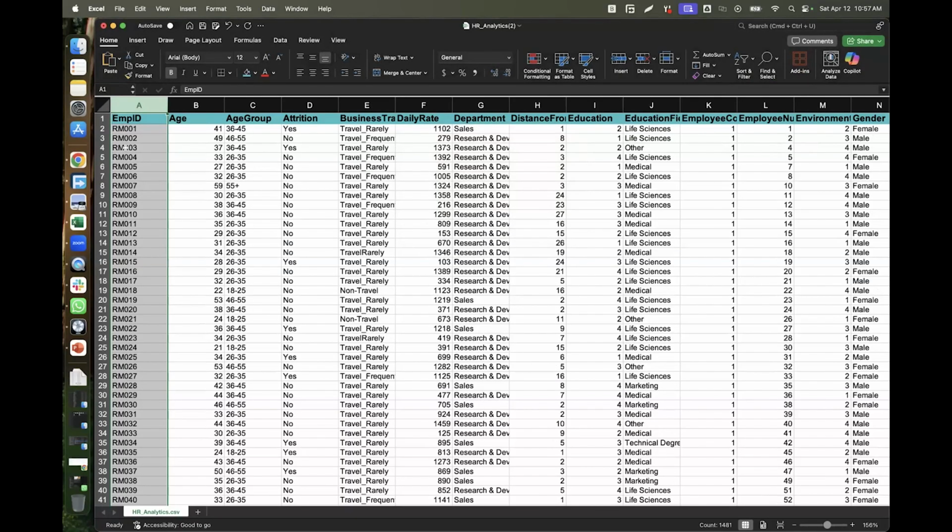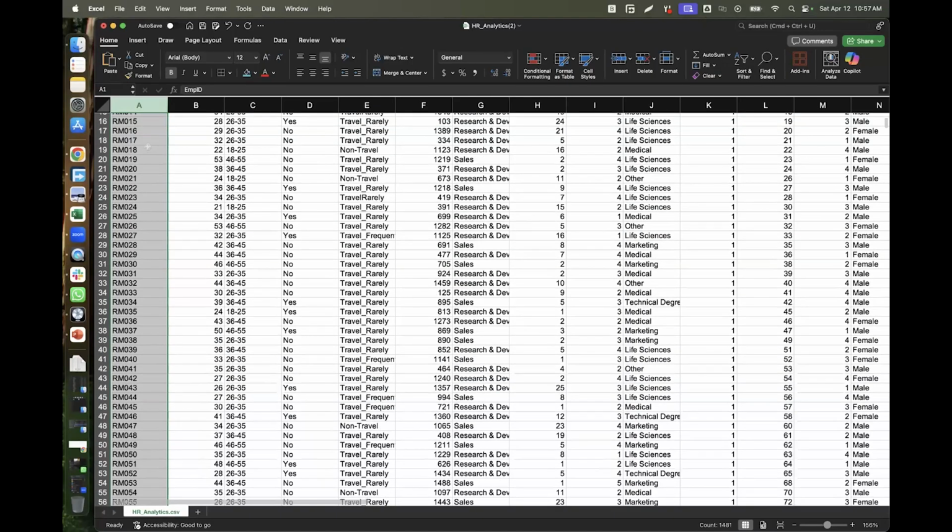What did you guys notice? Yeah, the whole column has changed from the beginning of the employee ID down to the last end. Okay, it has changed, right? For the employee ID. Great. So that is just to let you understand the power of sorting, right?